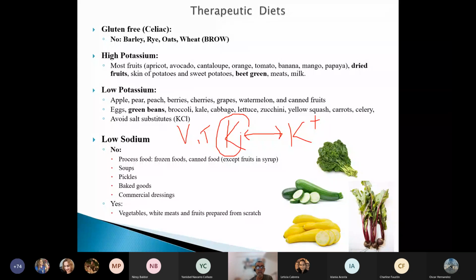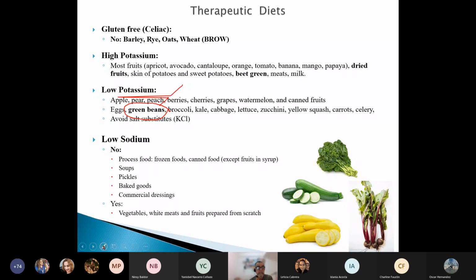Some of us get confused because potassium is written with K, and vitamin K is just a K. So sometimes they confuse them, but they are totally different and have nothing to do with each other. Take care with that. So this is the list. As I said, I think frequently in the questions, green beans are an example of a vegetable that is low in potassium, while beet greens are high in potassium. Why do they make it so difficult? Because they sound so similar. I don't know, but have that in mind.